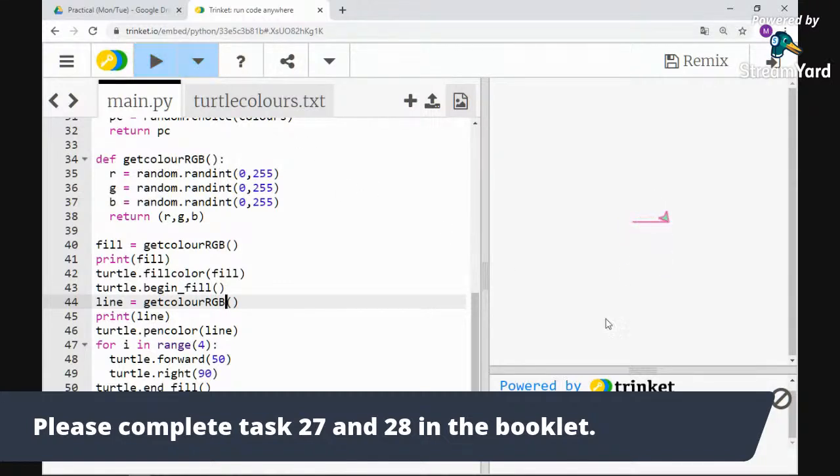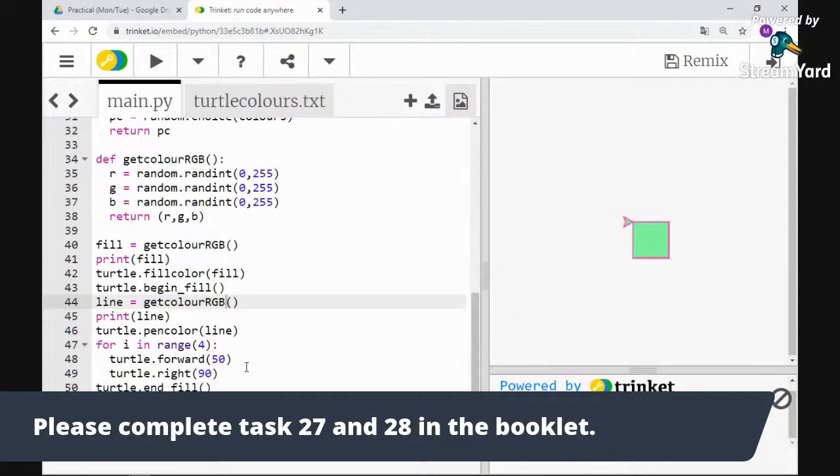So if I run it again, same idea, very pink, very green, but you can see like RGB, this one here is very green, because it's at 255 in the middle, and this one here is very pink because it's got a lot of red in it and not a lot of the other 2 colors, maybe a fair amount of blue, but